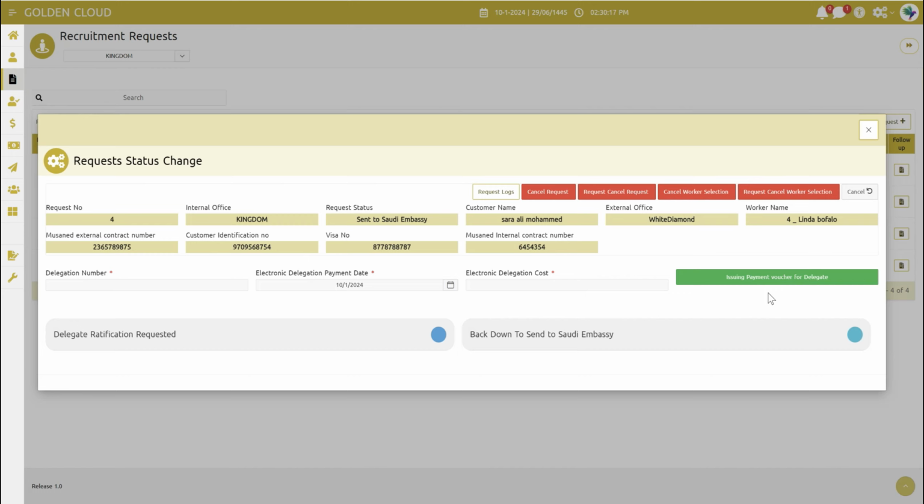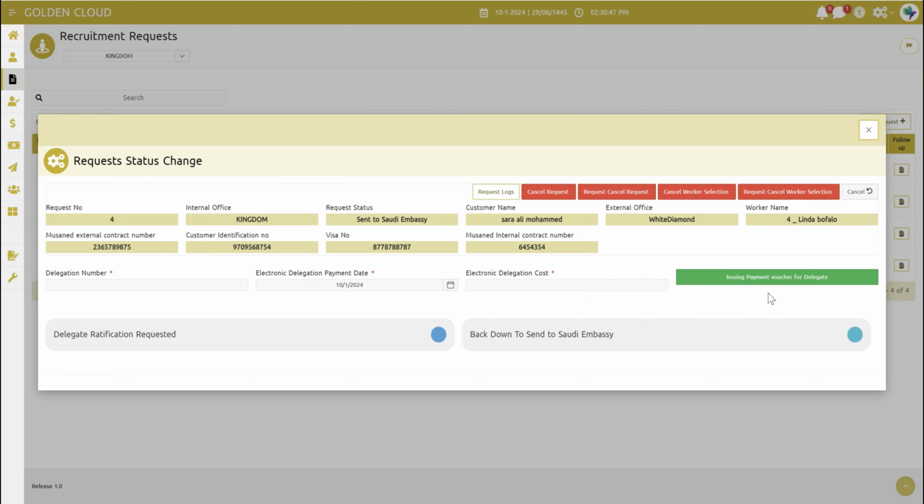No need to go to other section and upload the payment voucher from there. So you need to know that the delegation process involves the careful submission of the application to the relevant governmental authorities, ensuring that all required documents are included and compliance is maintained. So you can know that the payment of fees is handled through the designated platform, streamlining the financial aspects of